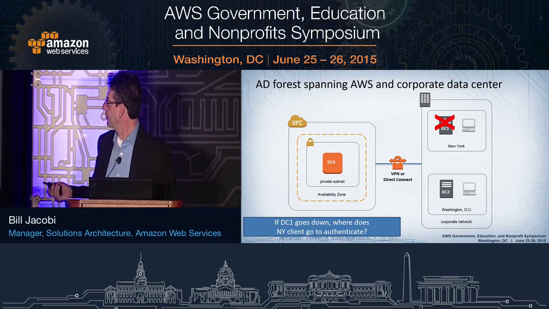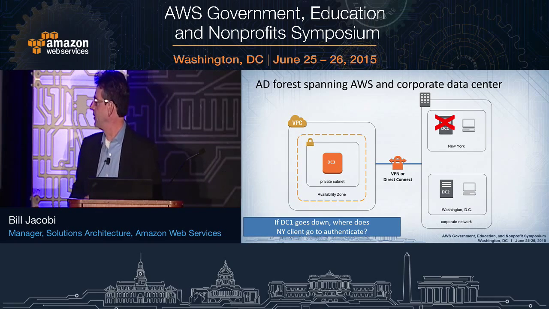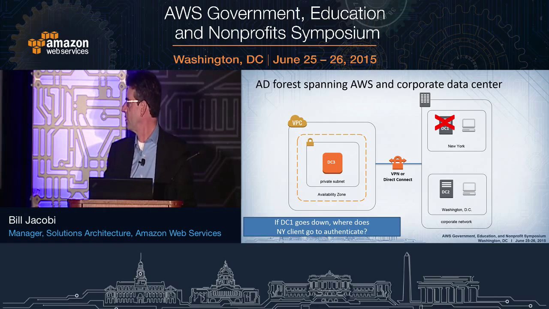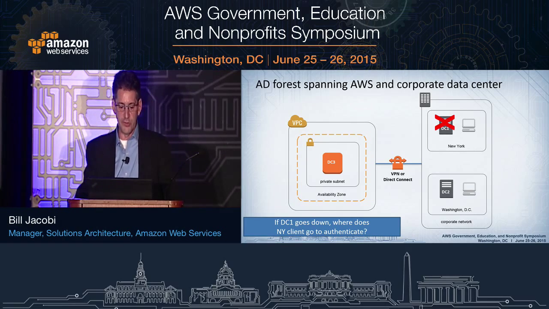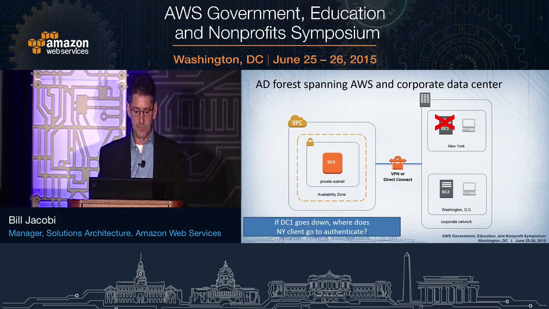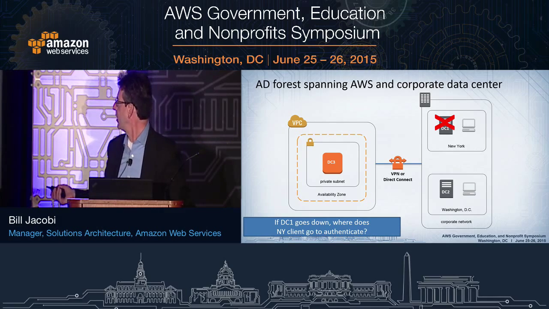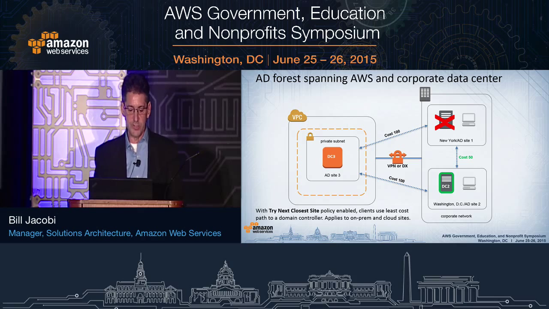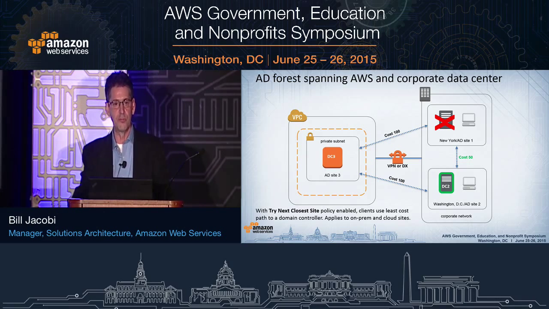So if DC1 in New York were to go down, where does the New York client go for authentication? And that's really the question that we want to answer. And the way to think about this, the architecture that we recommend for this is really to create three separate